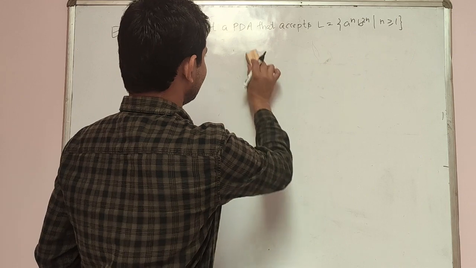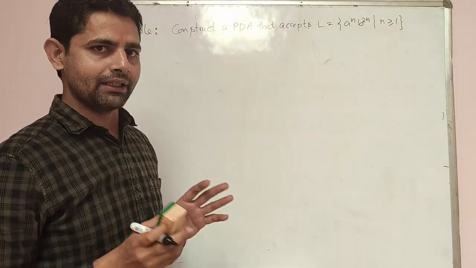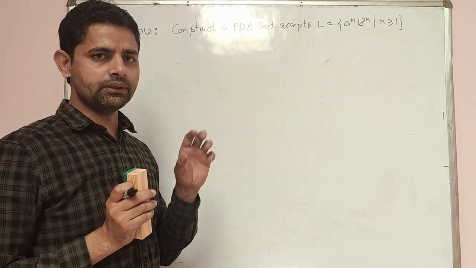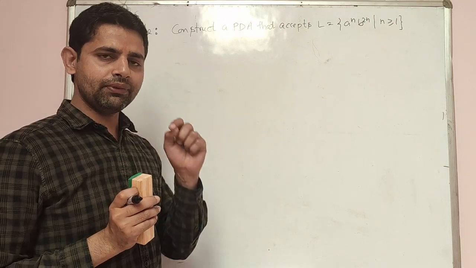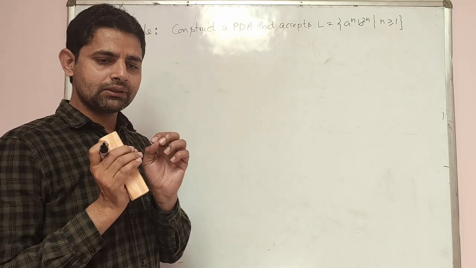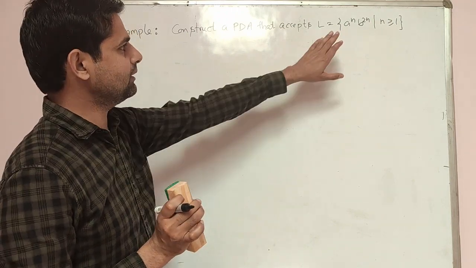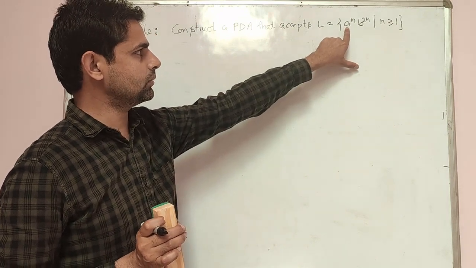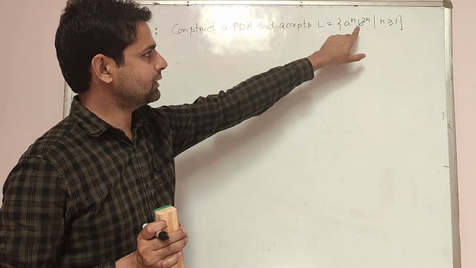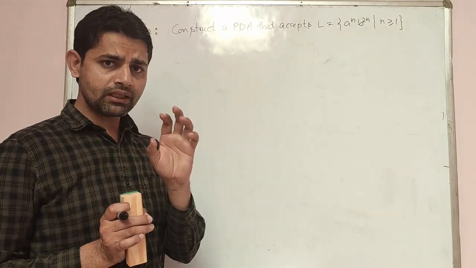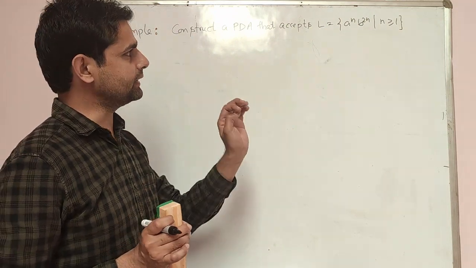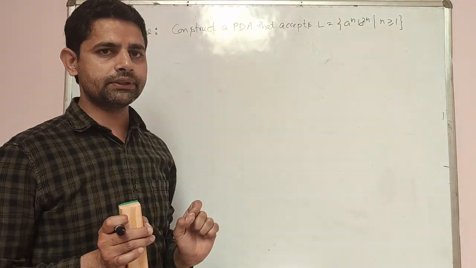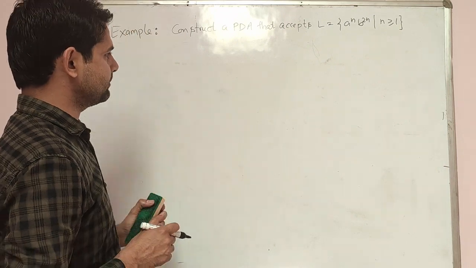Logic is clear. If we are getting any number of A's, just add these A's into the stack. Initially we cannot get B because the string always starts with A. So first of all, we will store all the A's into the stack. After that, we have the first B. We just read that B and move forward. And with the second B, we will pop the first A from the stack. So that will be the logic.